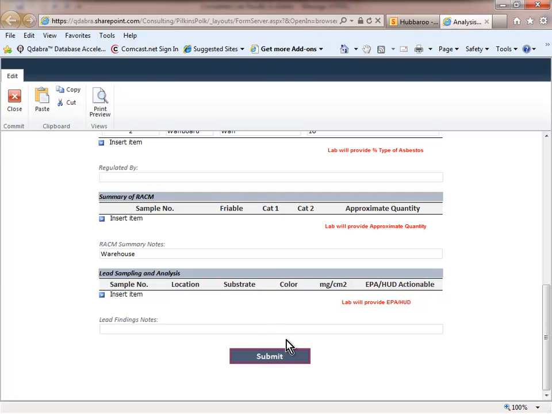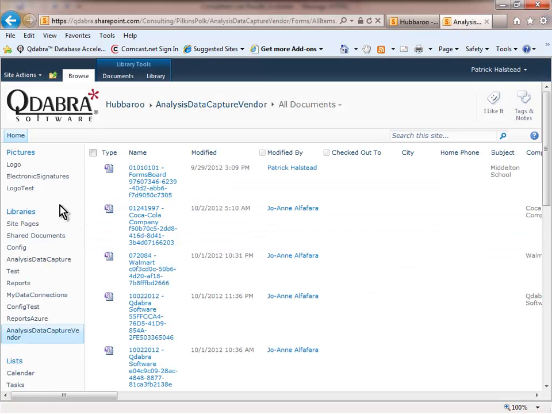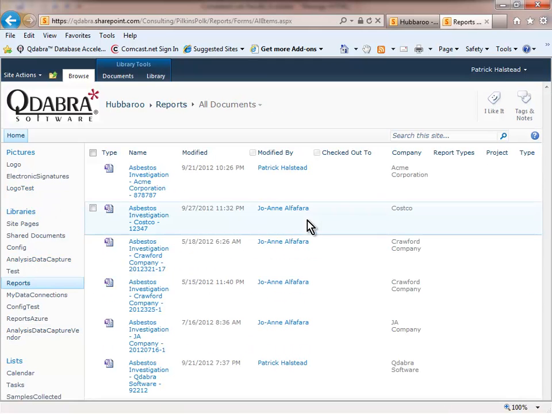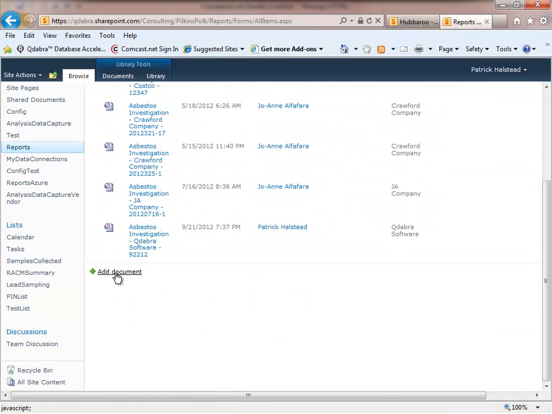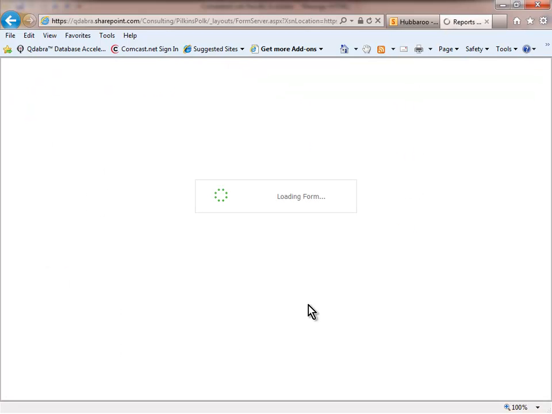And I can review this, confirm it, accept it, and then part of my process as a vendor, an environmental consultant, is I need to print a report out for Acme, the company that I did the analysis on. I need to go in and print a report. So let's do that. And here you can see that we've done this quite a few times,